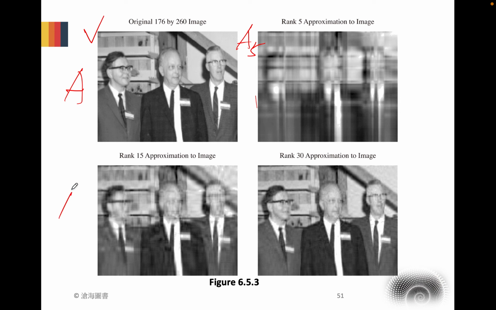If we approximate with 15 singular values, the approximation will be looking like this. If we approximate based on 30 singular values, then approximation is looking like this. So we can see that with more singular values, we can do better